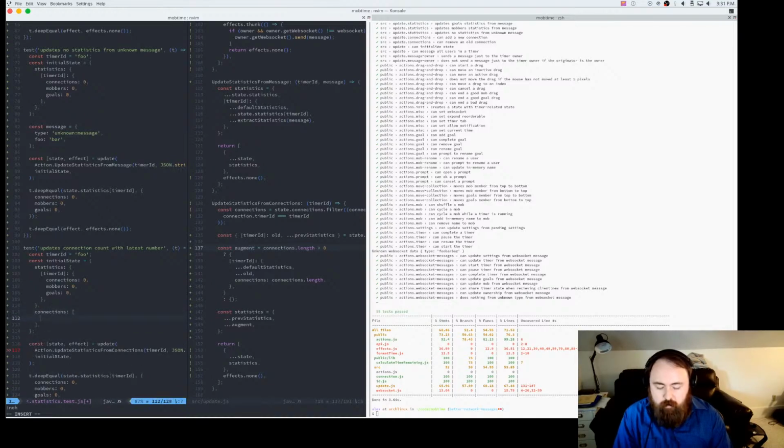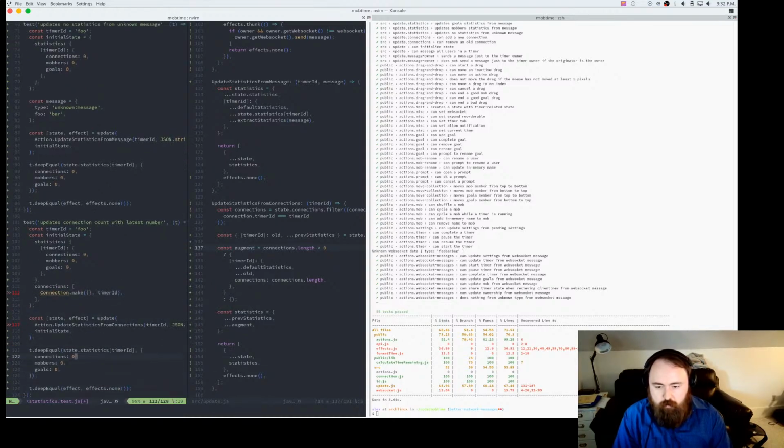And we'll just do a connection.make. We don't care about the WebSocket, but we do care about the timer ID. And that should produce a, actually we could probably just do a deep equal.